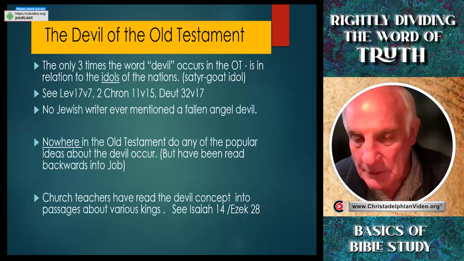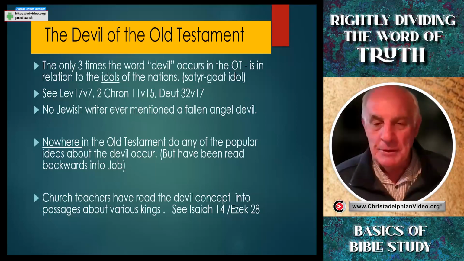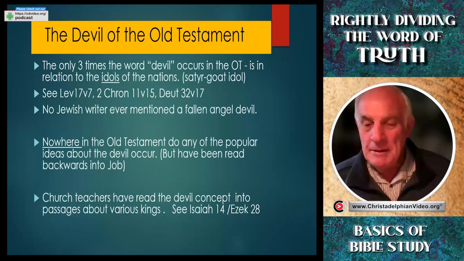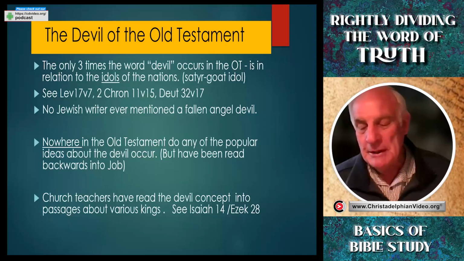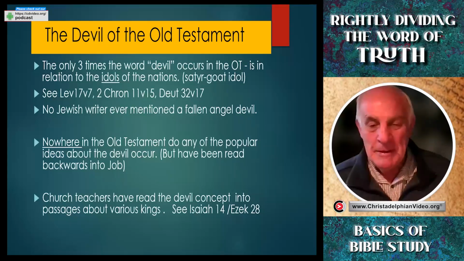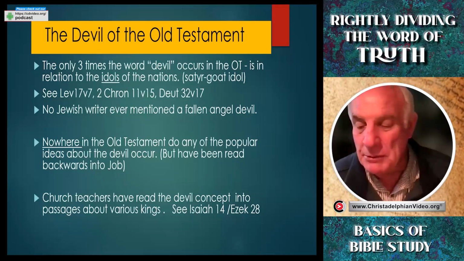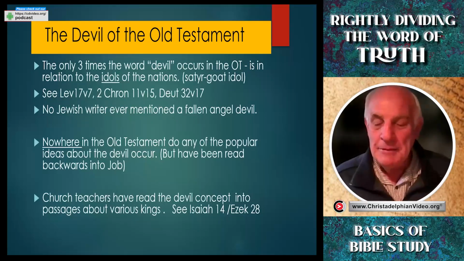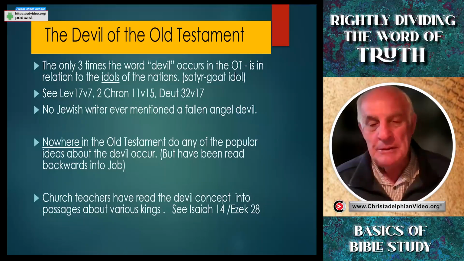In Isaiah 14, it talks about the king being brought down to the grave, being eaten up by worms. It talks about the king with his ambitious ideas being completely frustrated. It talks about the nations rejoicing because that particular king is no longer dominating them. And there are many, many things that relate to the king of Babylon. But because there are passages that talk about his fall, translators said, aha, here is the concept of a fallen angel.